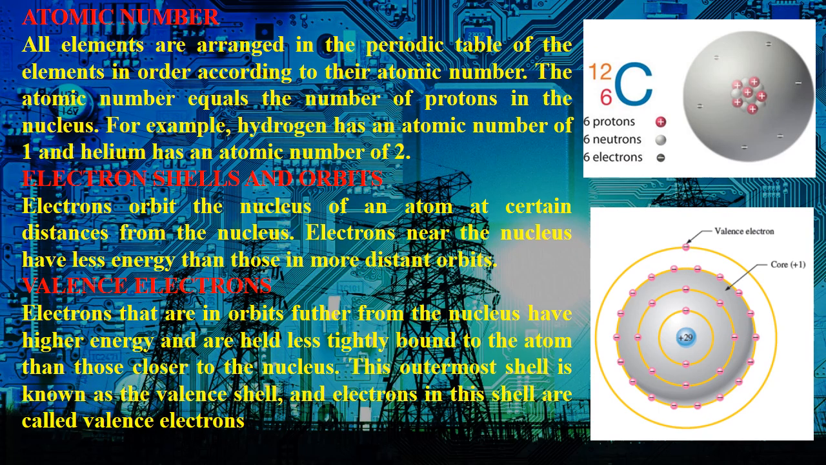Okay, electrons that are in orbit further from the nucleus have higher energy and are held less tightly to the atom than those closer to the nucleus. This shell is known as the valence shell, and electrons in this shell are called valence electrons. So as you go further from the core of the nucleus,